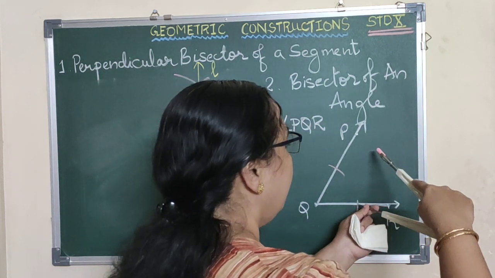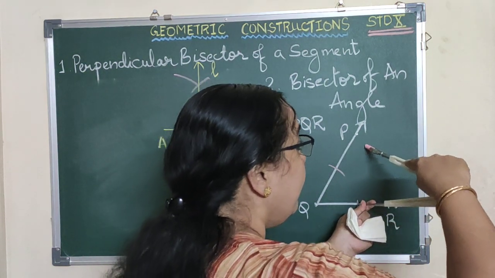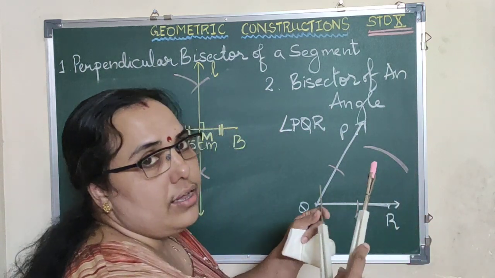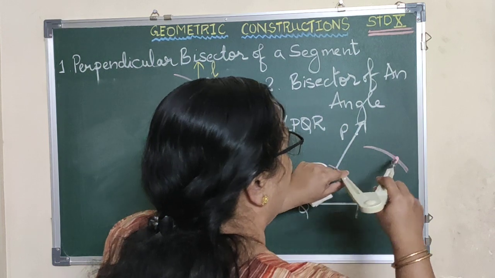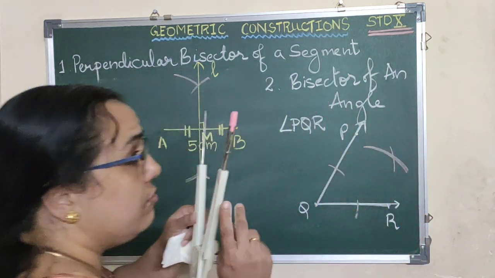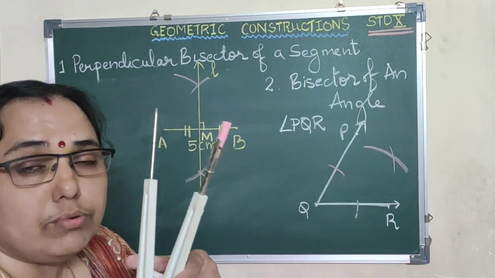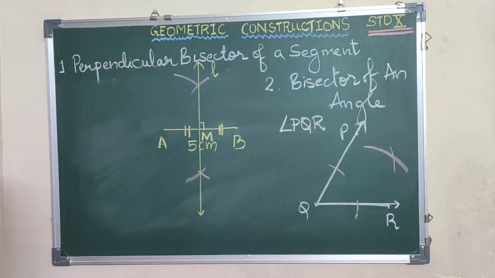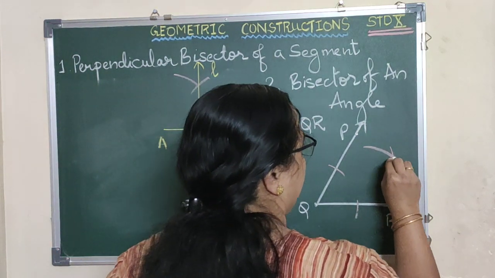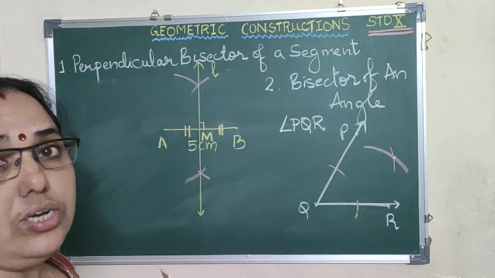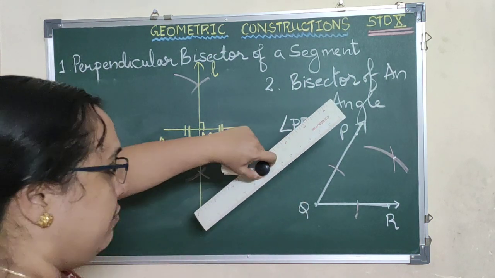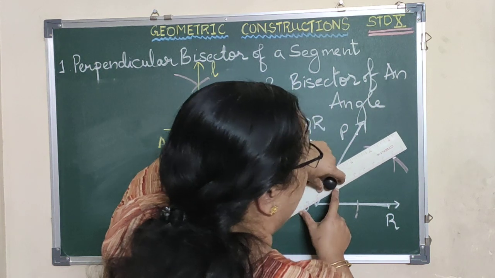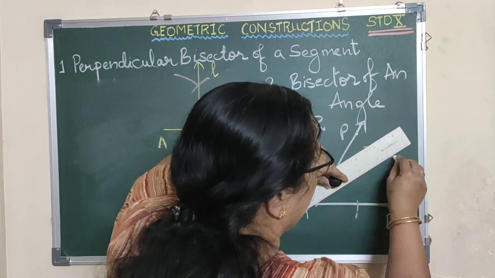Again you draw an arc in the interior of the angle. Try to see that you keep it in the interior of the angle. Again you cut the same measure. There is no change in the distance between the two compass points. Is that very clear? Now you use a scale. Can you see the common point? Yes. You'll get a better image because you are using a pencil with a micro tip, whatever size you have. So you'll get a better common point compared to me.